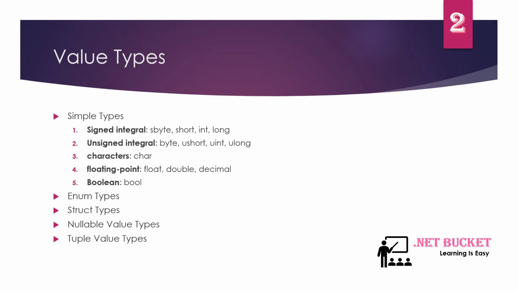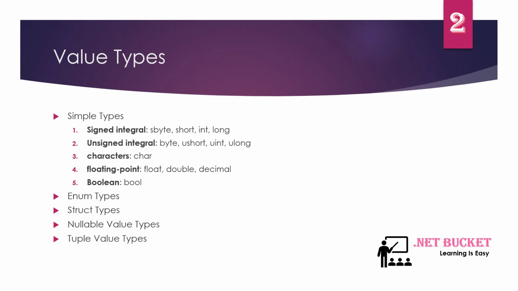Then why these 4 different types? Basically these 4 different types are there to accommodate a certain range of numbers. So sbyte will consist of a small range of numbers. With short you can store a larger number into the short type variable. Similarly for integer and long. The next question arises, what could be the range of each? Before going to that, let's try to understand how the memory allocation will be for these types of variables.